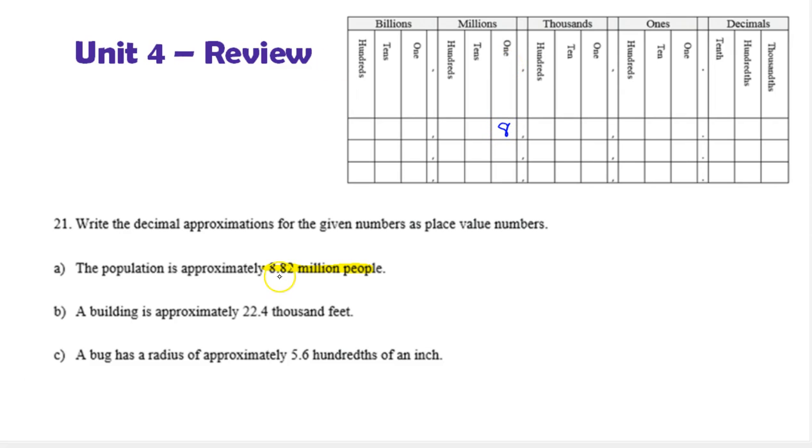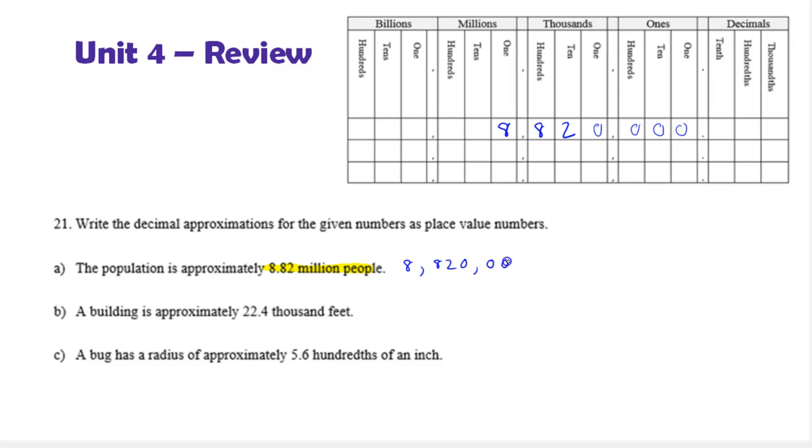Now I want to look at this decimal value. So we have 0.82. Now that's not going to go over the decimal value over here because it's 0.82 million. Okay, so what's nice is that means it's immediately after the 8. So we have an 8 here and a 2 here. So once you put the whole number portion in the appropriate place value, you just write the rest of the decimals to the right of it, and then you need to fill in everything else down to the ones place with zeros. Okay, so this is going to be a whole number, so we're not going to write any decimal quantities. So this is